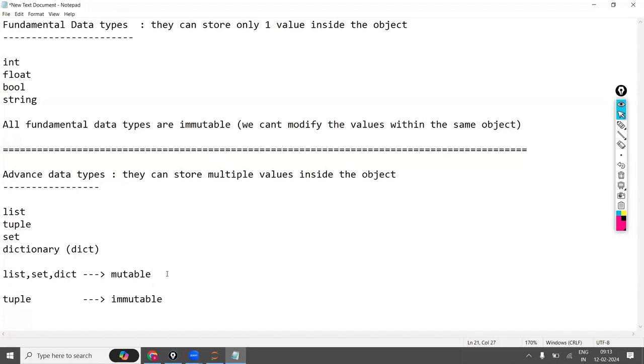Now what is meant by mutable? We can modify the values within the same object without creating a new one, within the same one.